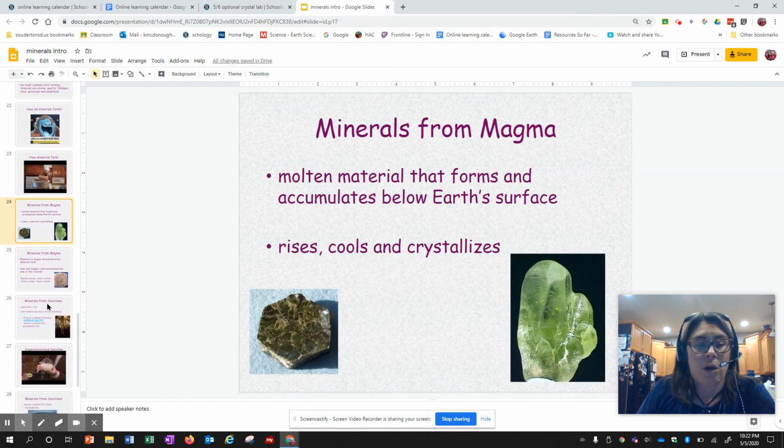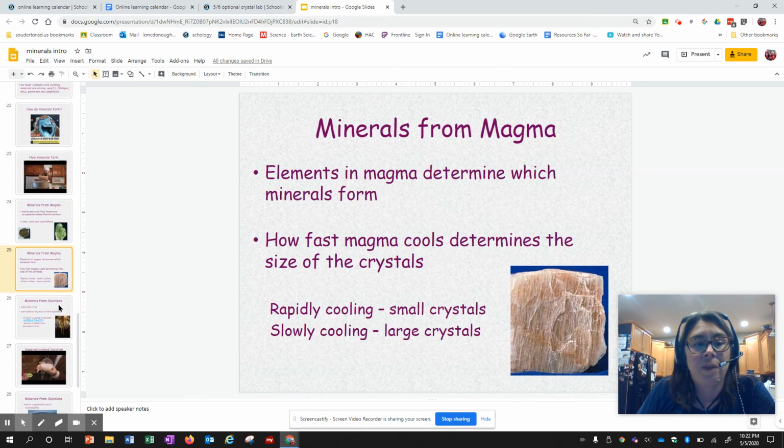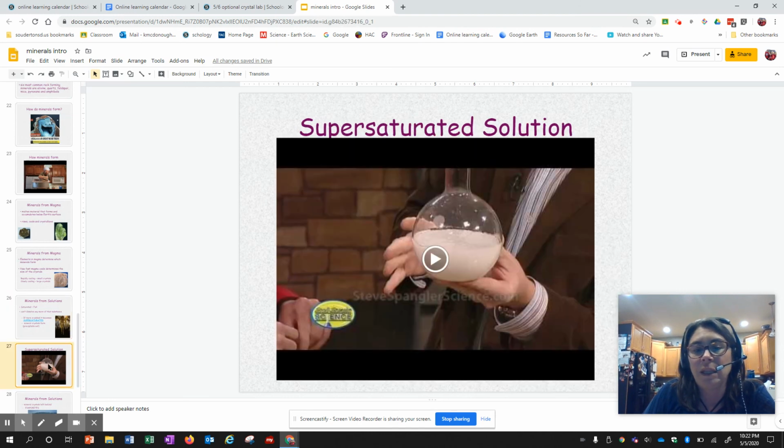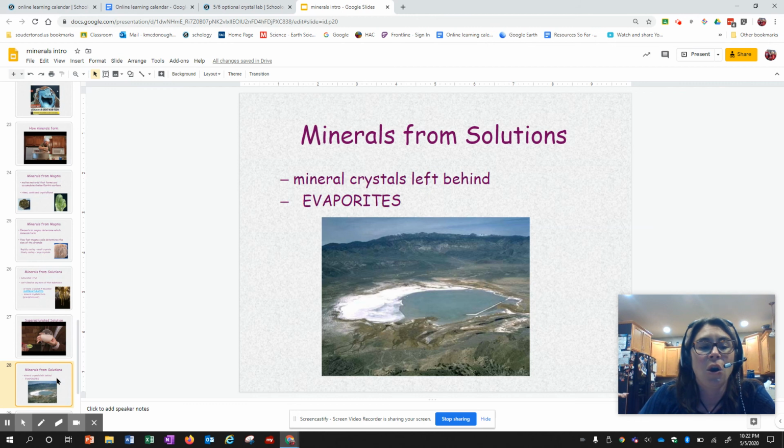Minerals can form from magma. They can form in 2 ways. They can form from a solution. They're either forming from magma or solution. They're coming from a supersaturated solution, which we just talked about. This is a really great demo here of a supersaturated solution. Or a solution can become supersaturated by